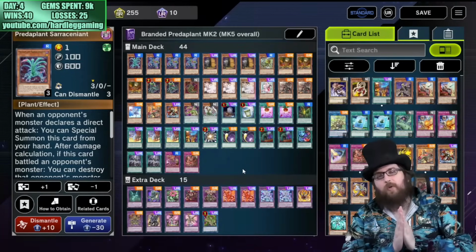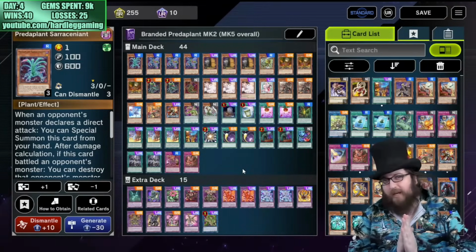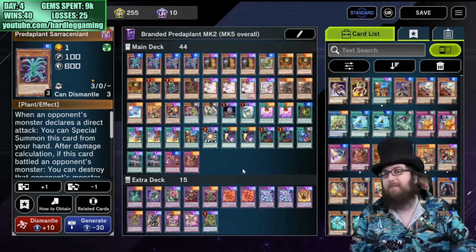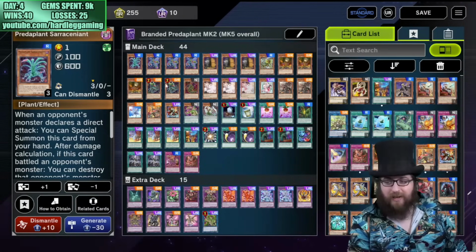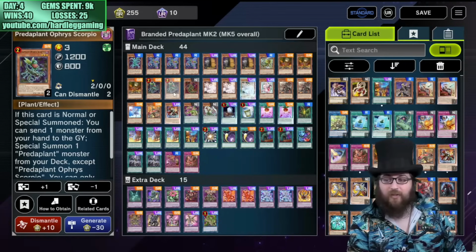Alright, so after a few duels, after learning the ins and outs of this deck, we've decided to make some pretty substantial changes. For starters, we're getting rid of most of the branded Despia main deck monsters. I realized that I wasn't really normal summoning Aluber. Most of the time, what you want to do is go into Orphis Scorpio or Lone Fire into Scorpio,